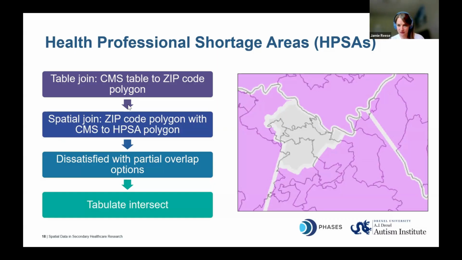This is an area of Virginia, and it shows in pink with thick white outlines the primary care health professional shortage areas. The zip codes are the narrower dark gray outline. The area that has no pink but is shaded in light gray are zip codes, or parts of zip codes, that are not in a health professional shortage area.